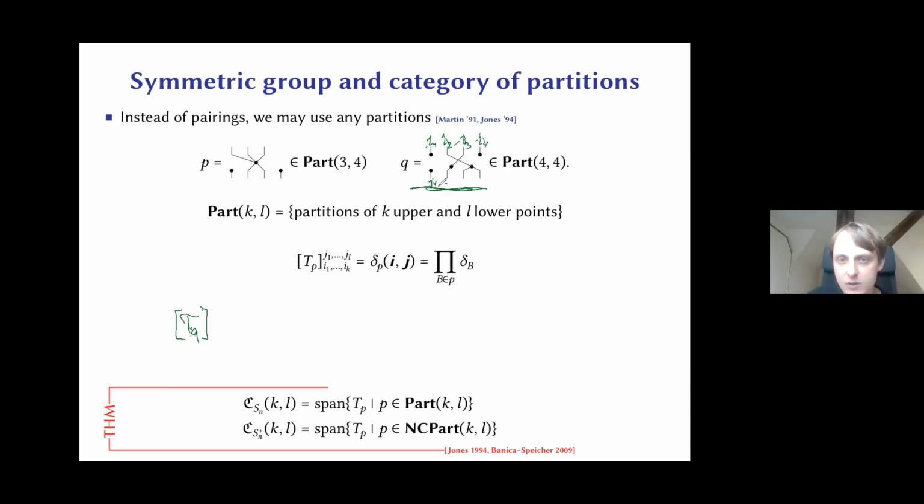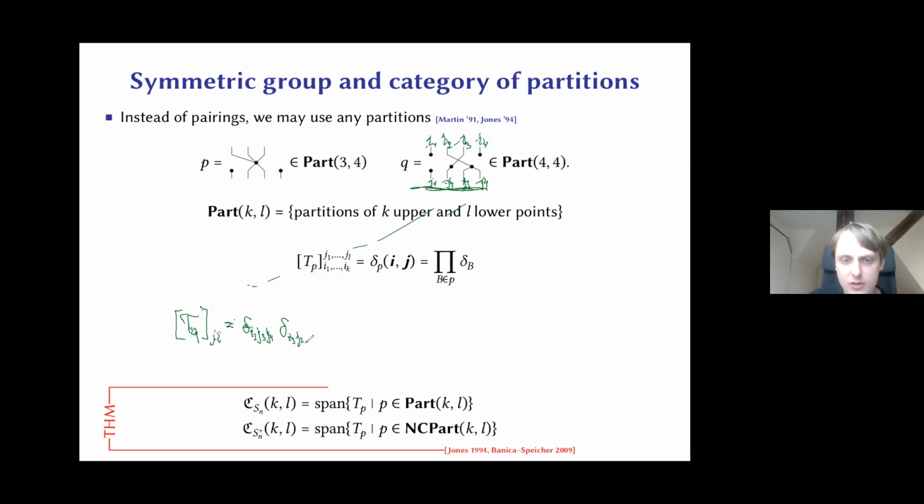Here's J1, J2, J3, J4. And here, this is somehow T_P, and this will be delta, and I go over the blocks. So here, this block has I2, J3, J4. So this is delta I2, J3, J4. And the other block is delta I3,